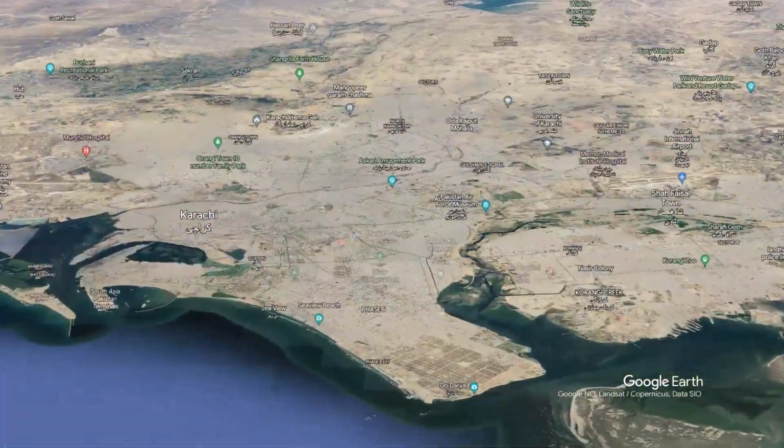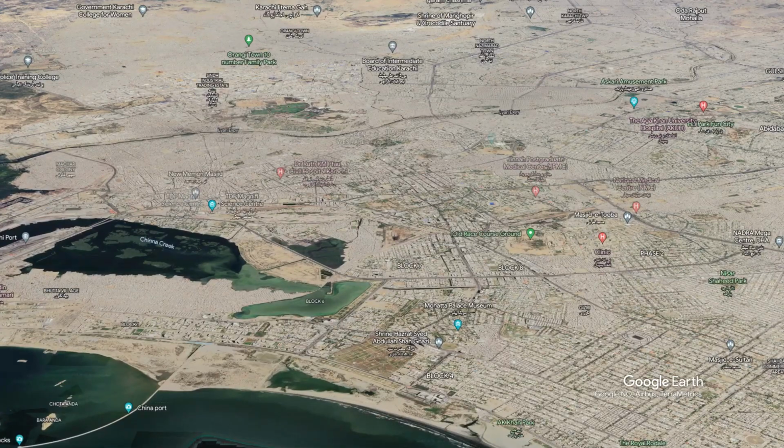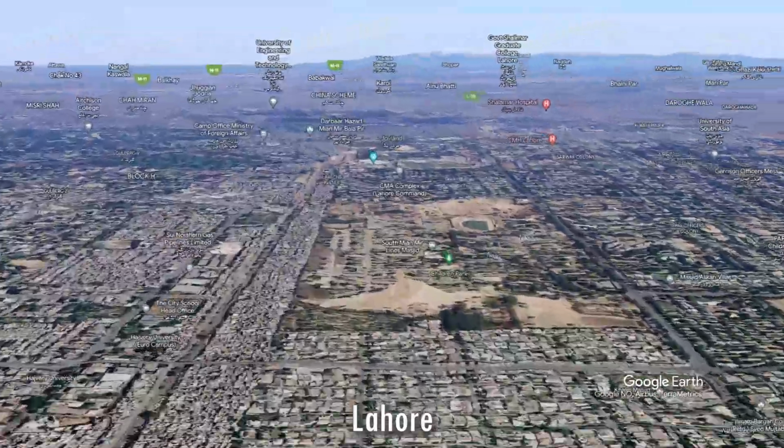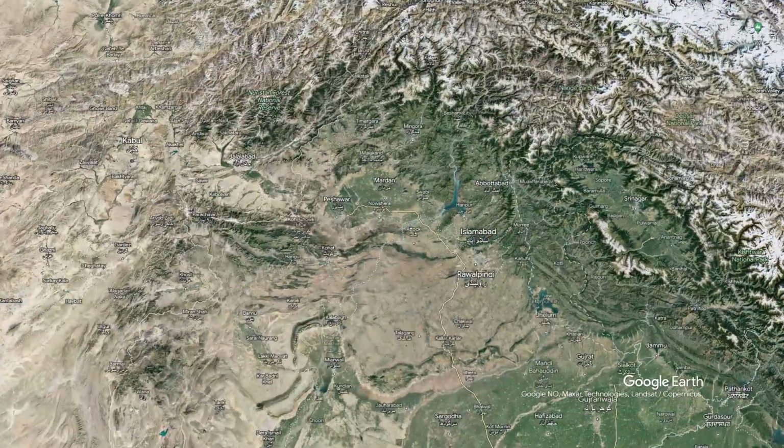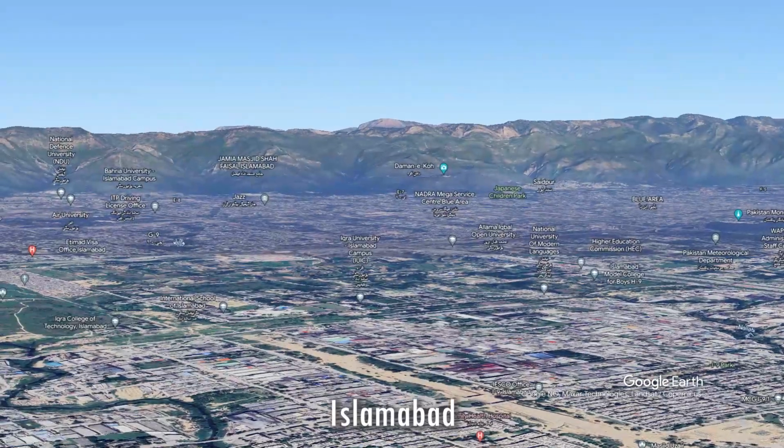The largest cities are Karachi with about 15 million people, Lahore 11 million people, and Faisalabad with 3.2 million people. The capital city has about 1 million inhabitants and is Islamabad, lying in the north. The number of inhabitants in cities depend on many different factors and may be hard to determine, so the numbers